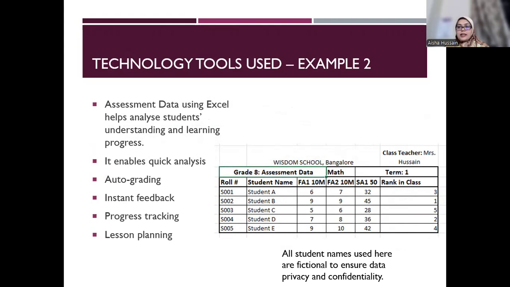Next, we come to this assessment data. Now, this helps us analyze the learner's readiness and the learning levels. Technology allows the teachers to quickly analyze the results, identifying their strengths, their weaknesses, and plan differentiated instruction. Now, in the screenshot, you can see, for example, students who score low can receive additional support, and the students who are high achievers can get further challenging tasks. So you see, we can support differentiated instruction in this case because this gives a ready picture of what is happening here.